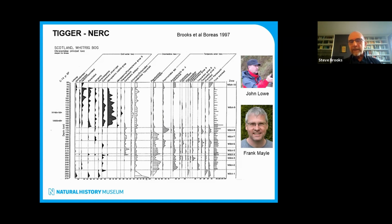Around about the same time that I worked with John and Hilary at Crocodiles, Rick was involved in a grant from NERC called Tigger. And again, a lot of people were involved in this, looking at climatic change and environmental change from modern day right back to the late glacial. Also involved in that project was a group led by John Lowe at Royal Holloway, who was particularly interested